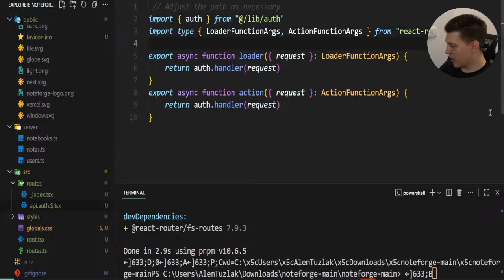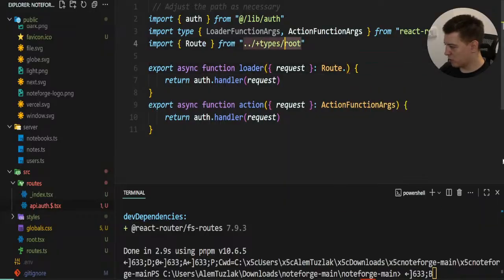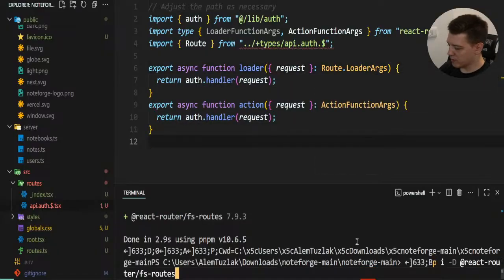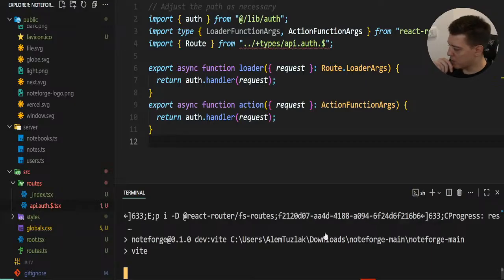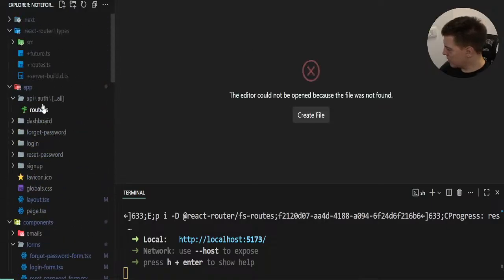And you don't really have to use the loader function arguments, you can just do route dot, but you need to import the routes, and this should not come from root, this should come from api.auth.$. And this doesn't work because you need to actually run your app in order for it to regenerate the styles, or run the typegen script, but I'm gonna run the dev server, and I think this is gonna